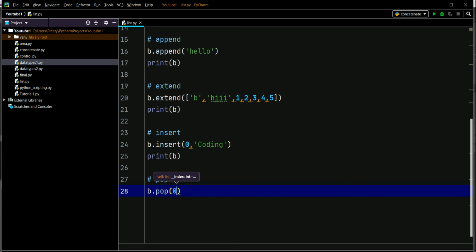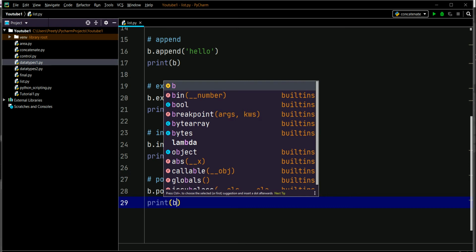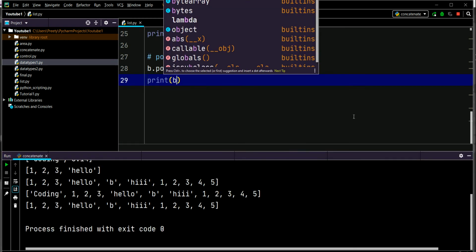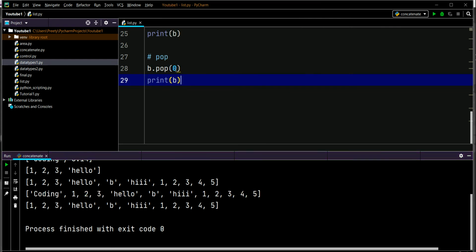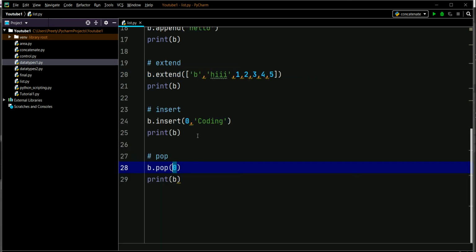The index value is 0, and we'll print b and run the code. See, earlier coding was there in b followed by the other elements, and now we have popped the value at the 0th position. So now coding has been deleted from the list. So this is the function of pop.